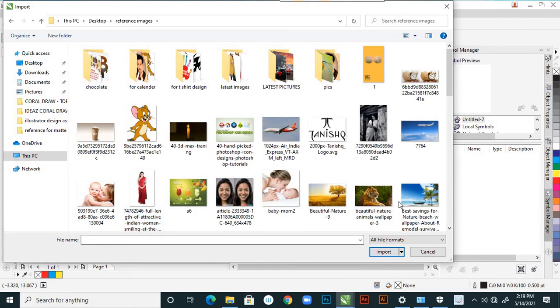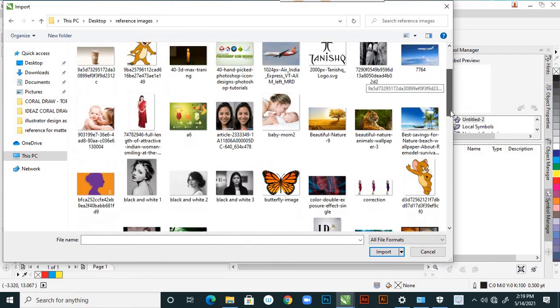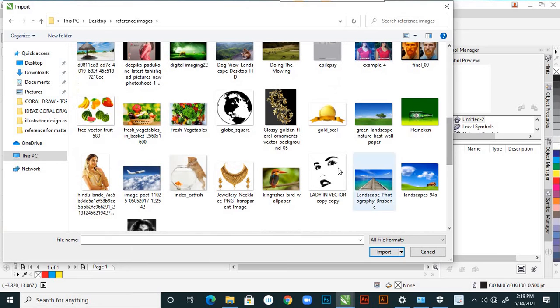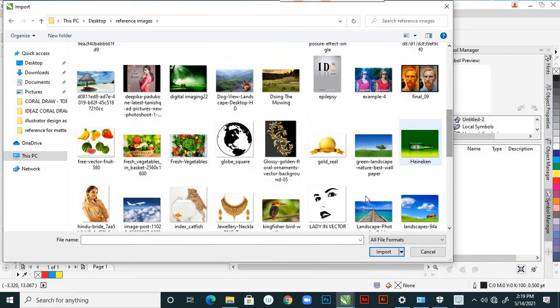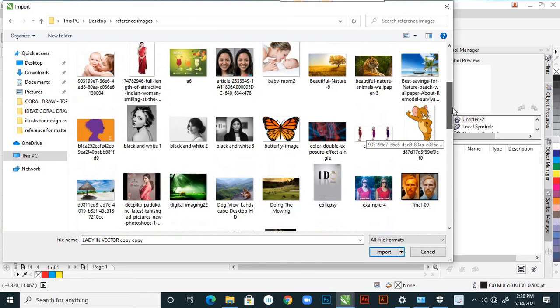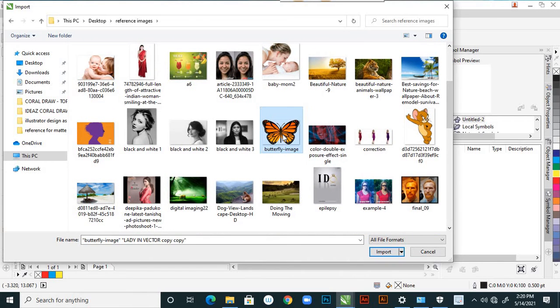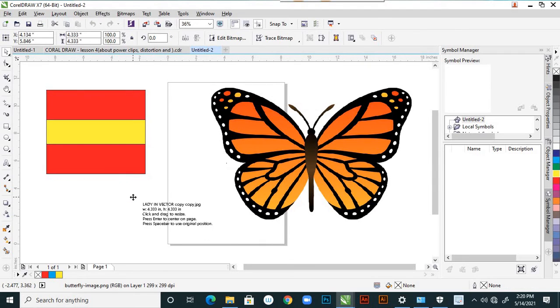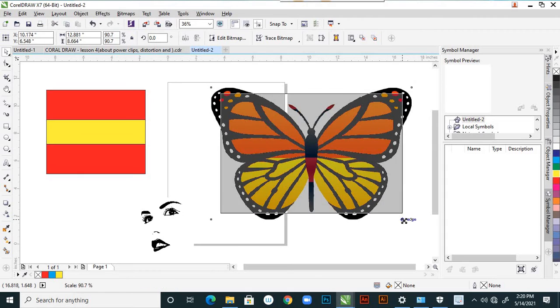From the reference images, I'm planning to take this one, and suppose this one, and import. So I imported these two. You can make this a bit smaller.